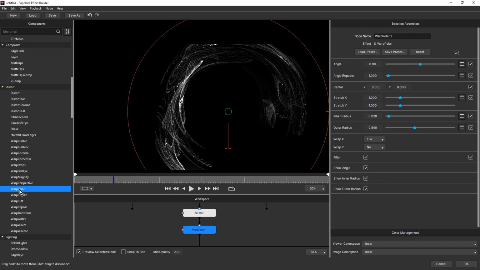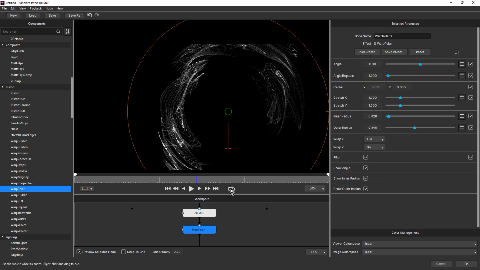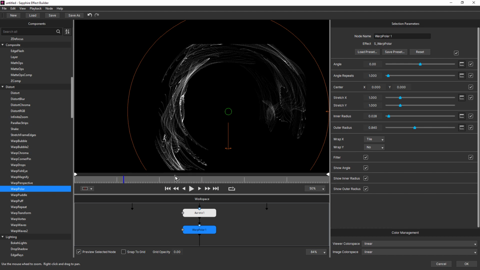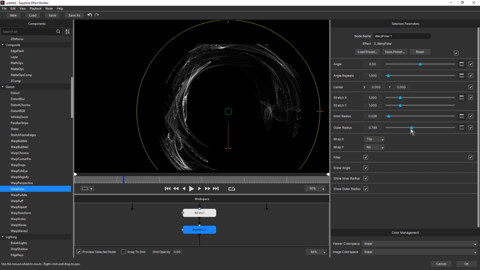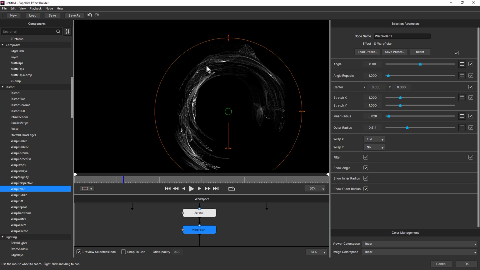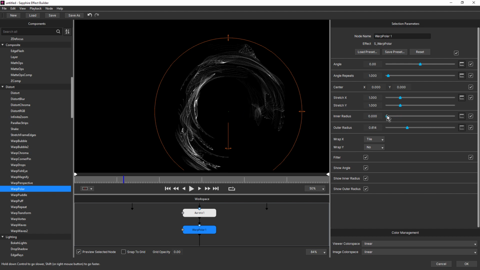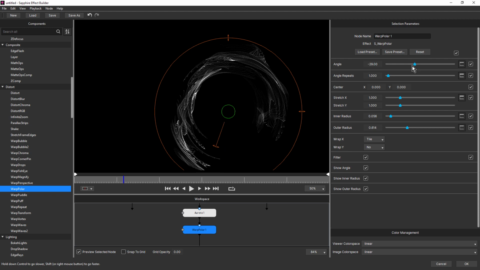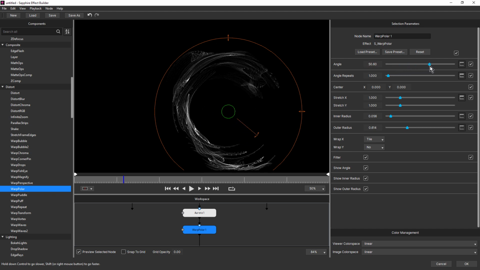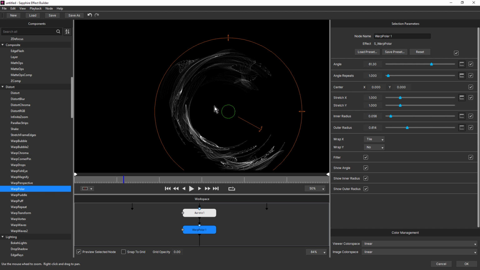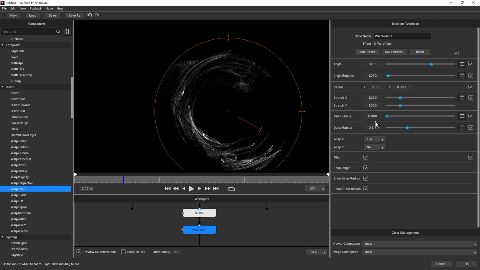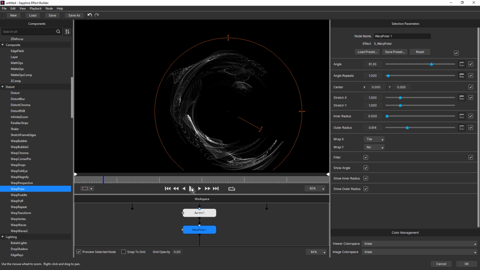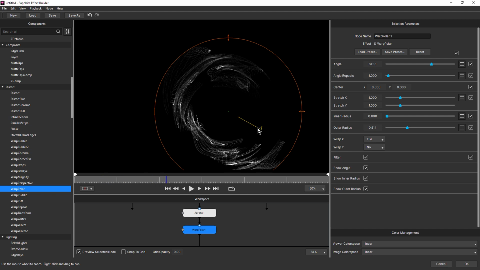What about warp polar? I do like the way warp polar kind of stretches this into a circle. Get some nice little flourishes for motion graphics, especially for text. I think I have done this kind of thing before. Imagine if you had the text in here and just left justified. That could even be a C, couldn't it? Inner radius. How's that looking? Very nice. Okay.